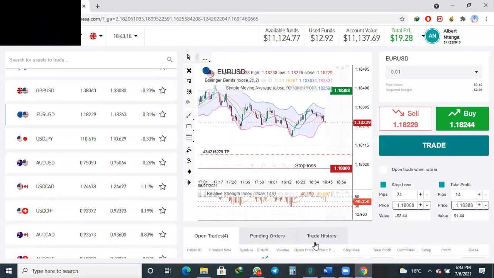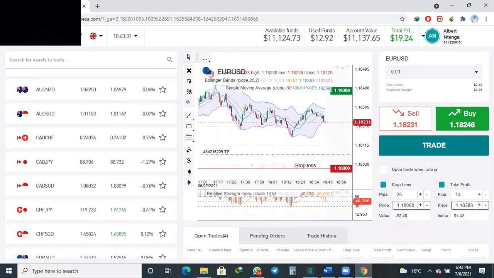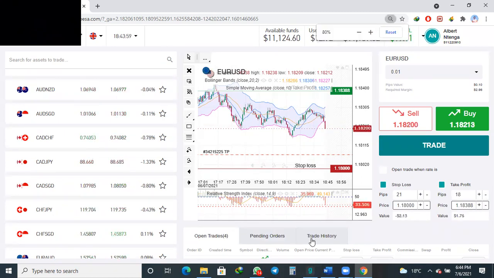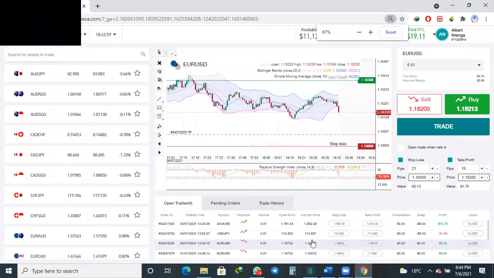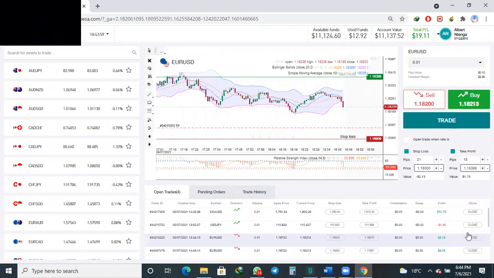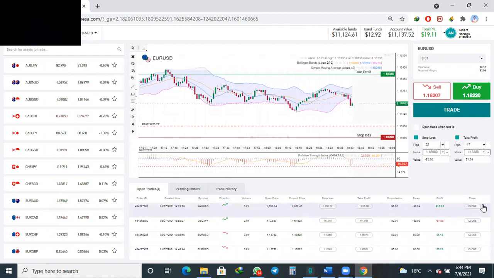For one using a mobile app, you just go to your specific trades. Once you go to your specific trades, they are the open trades, and then I'm just trying to do something here. I can't access this. Let me just zoom out a little bit, so for me to be able to access these trades. Now, here are your open trades. For you to close a trade,